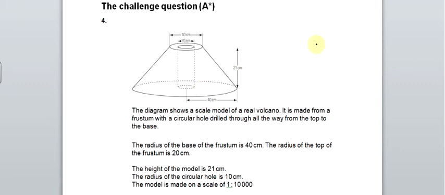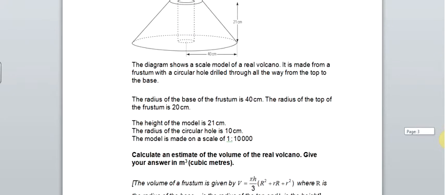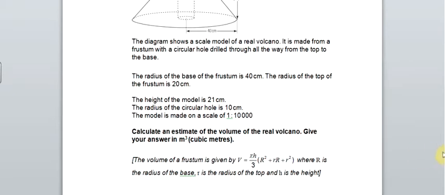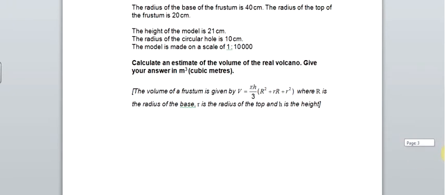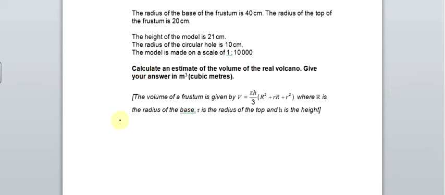So we've got a frustum here with a hole in the middle. A frustum is the lampshade shape. First of all, we're going to work out the volume of the frustum. So we'll go down to here. The volume of the frustum is going to be pi times h, which is 21, divided by 3,